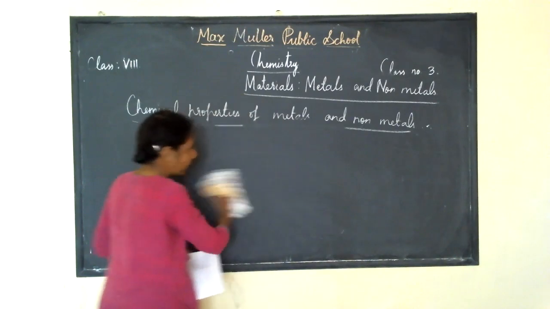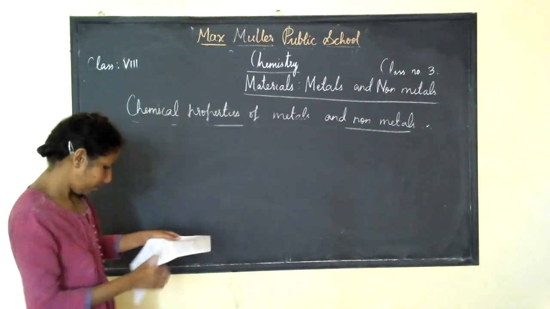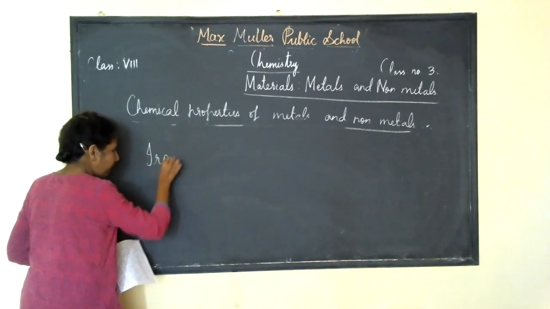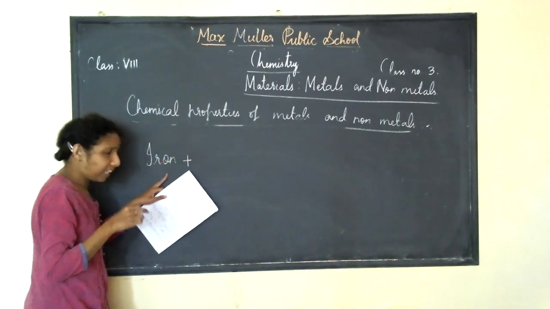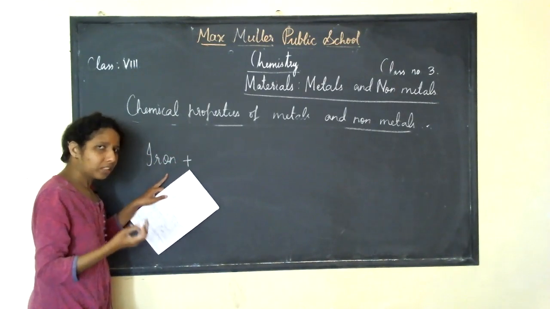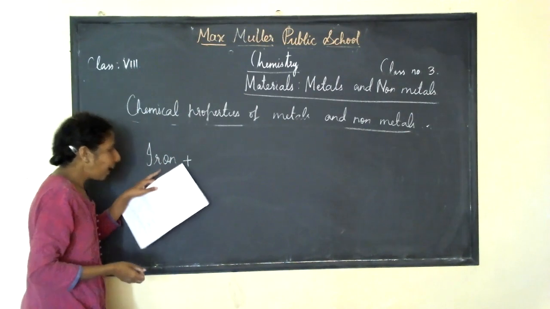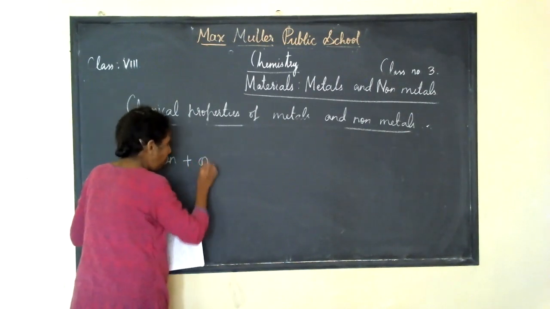What actually happens here? How does rusting take place? Iron, I told you, what are the necessary conditions? Oxygen and water vapor. Iron reacts with oxygen